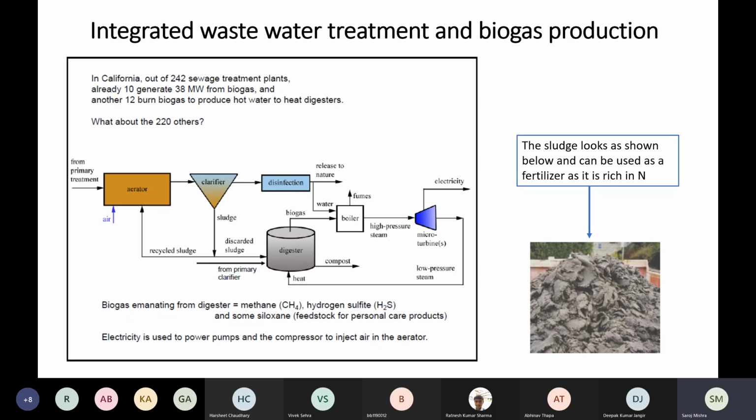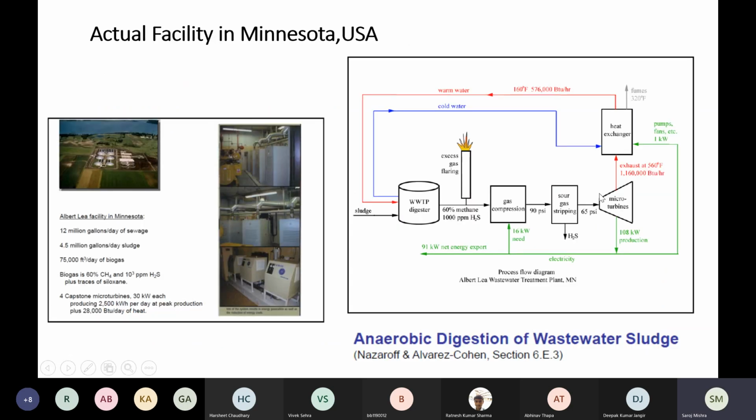And similarly, there is a second, an actual facility, again in Minnesota, USA, and the name is given here. Approximately 12 million gallons of sewage is generated per day, and 4.5 million gallons of sludge is formed per day in this facility, and 75,000 cubic feet of biogas is produced per day in this particular facility. So if we look at what is happening here,